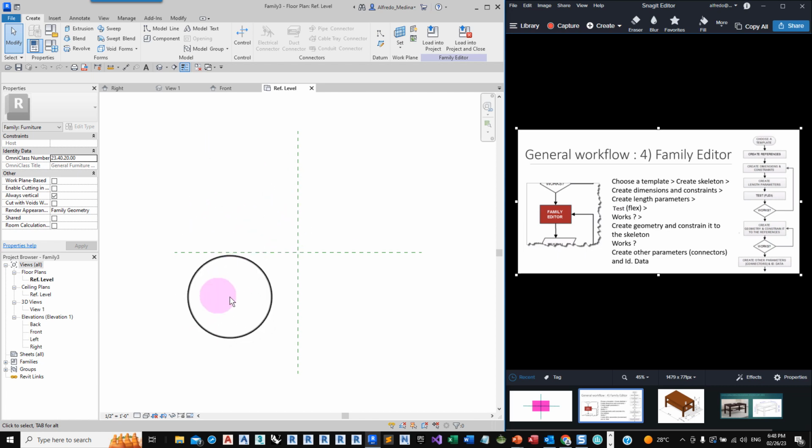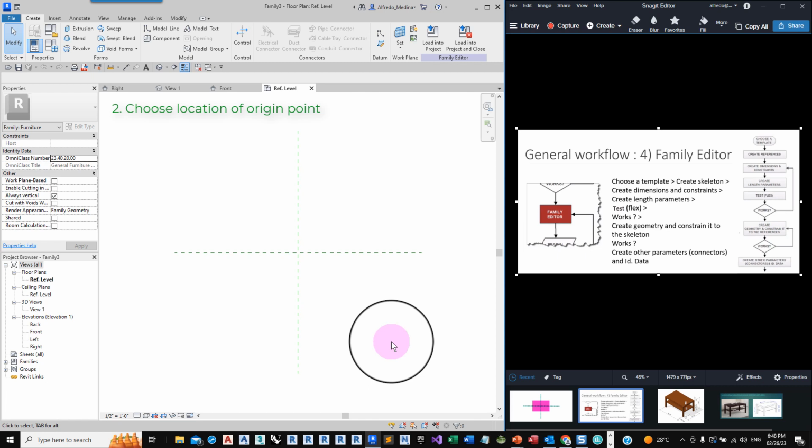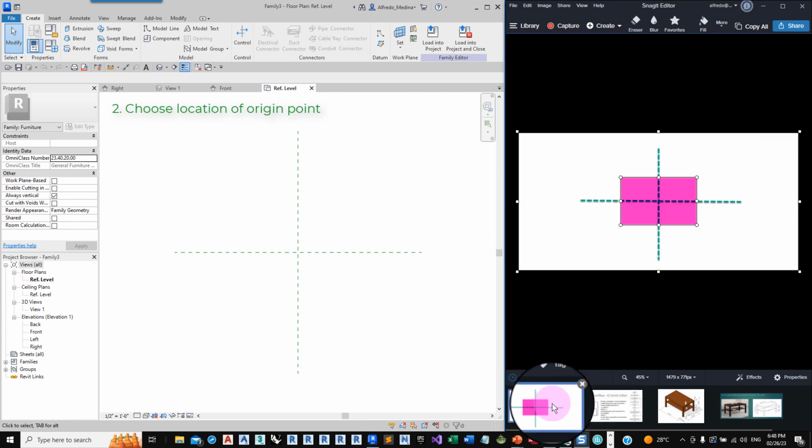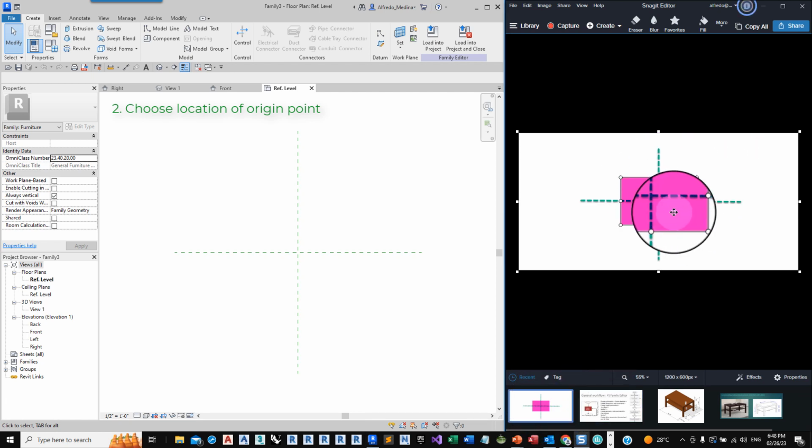Before creating a skeleton of references, we need to establish the origin or insertion point of the family. Let me explain this. In this scheme, this is the most typical origin for a furniture family.